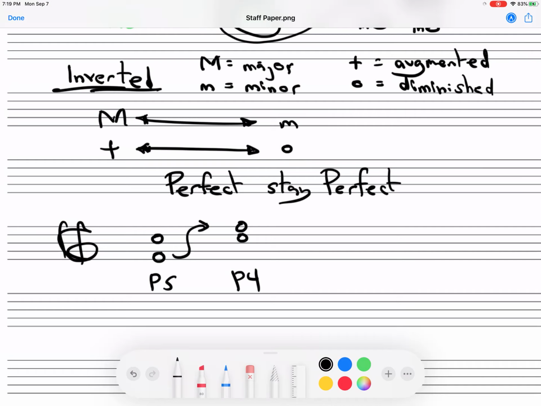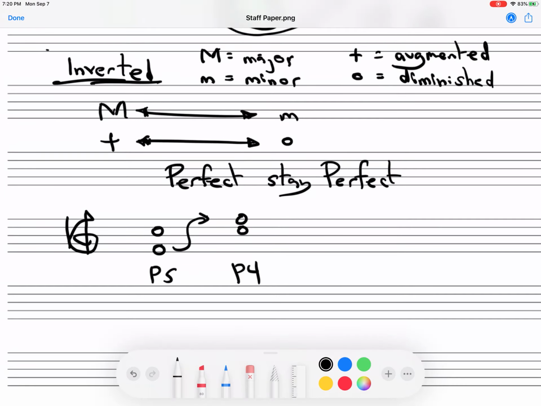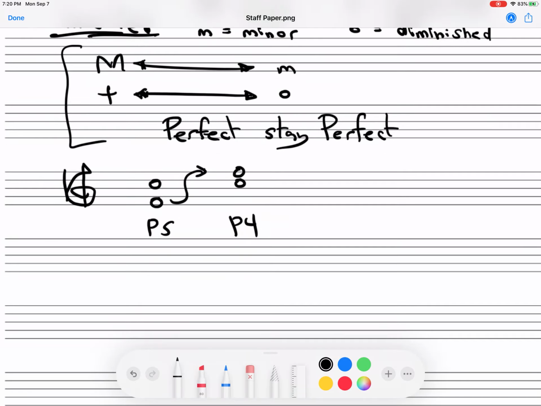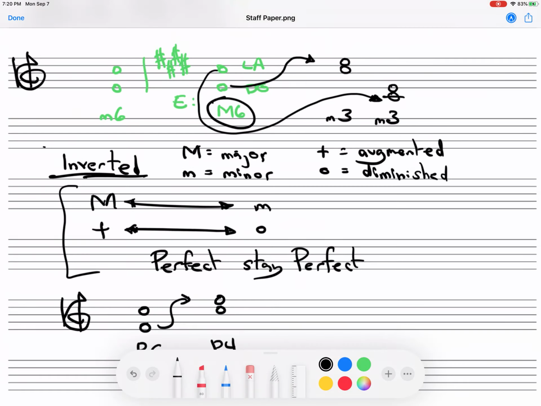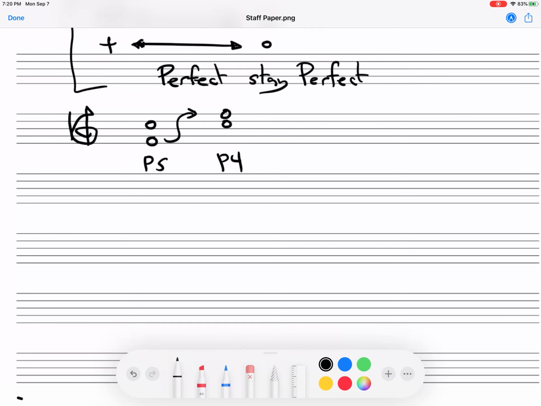Notice how perfect fifths, perfect intervals, they almost sound like a unison. The upper note sort of tends to disappear a little bit. Not the fourth so much, but definitely the fifth. You're going to learn more about this as you take theory. Okay, so now we know what happens to the quality. Now, what about the number? You might be able to figure this out. Fifths become fourths, sixths become thirds. So the number,